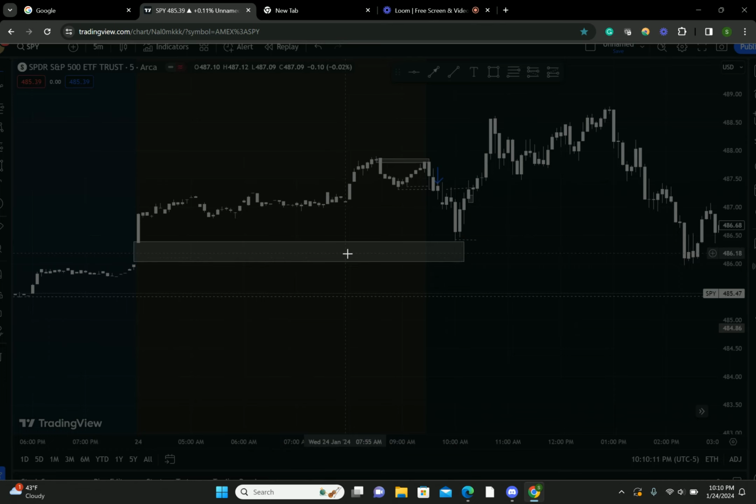There's an imbalance there, so price ran into the imbalance. That gives our short position even more conviction. Once we got to that area, I would have liked for us to go into the box that I just drew, but we did not. So anyway, what probably happened here is every single time frame was bullish, but the 1 hour, 30, and 15 were probably bearish. They made a move back down to this imbalance area, and then price went back up.